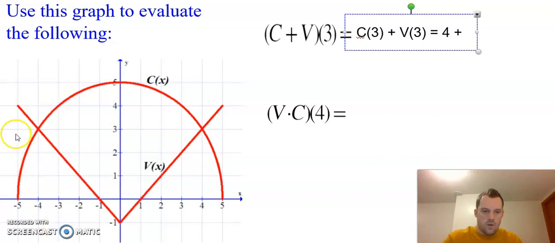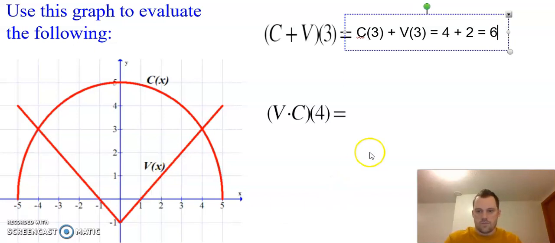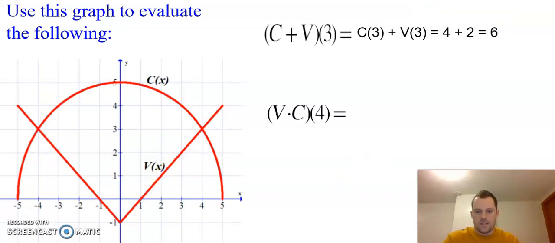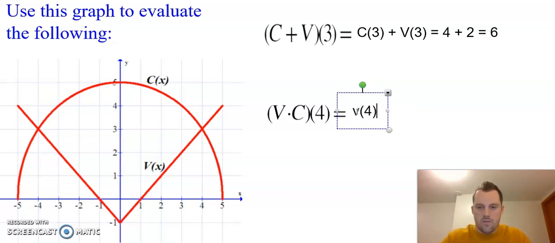And then v of 3, that's our absolute value, v here. At x equals 3, our y value is right here at 2. So 4 plus 2 is 6. Okay, and then our last example here, v times c of 4. Remember, that's the same as v of 4